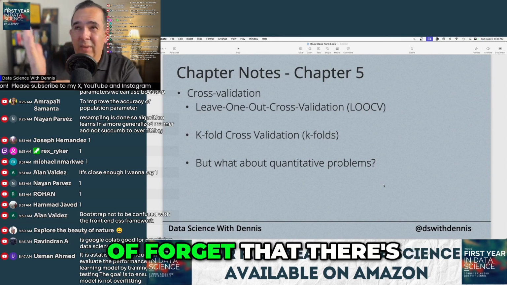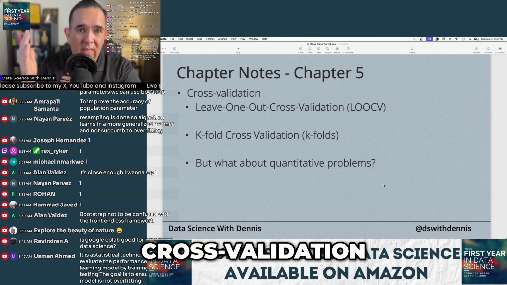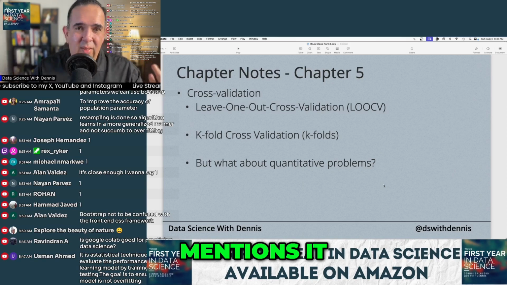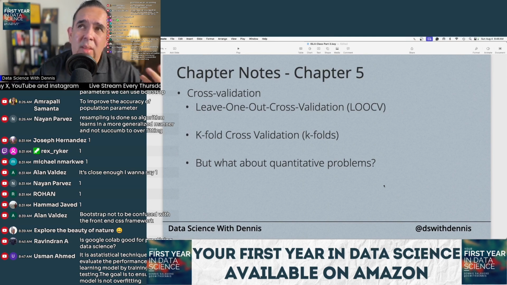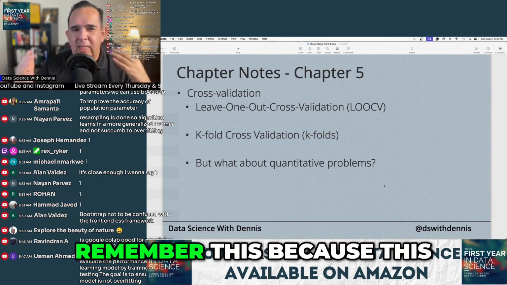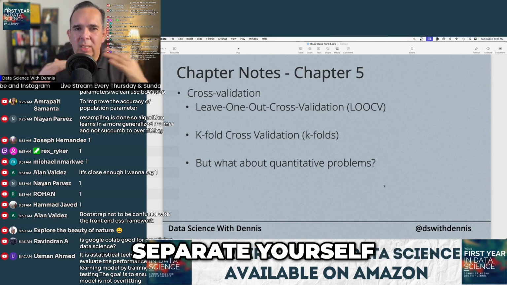People also kind of forget that there's also leave-one-out cross-validation, right? And nobody really mentions it. That is a valid way of doing it, right? So I want you to remember this, because this is where you would start to separate yourself